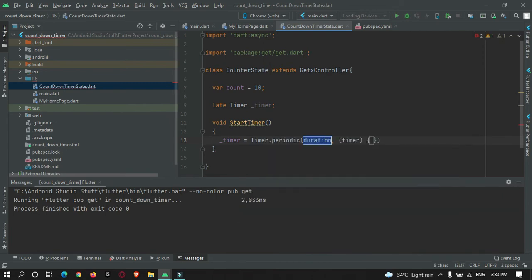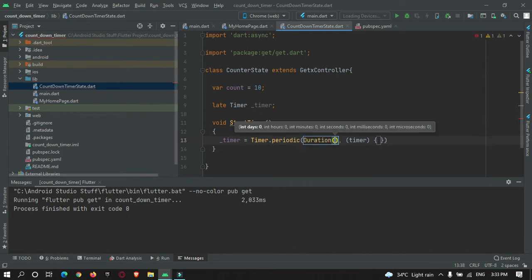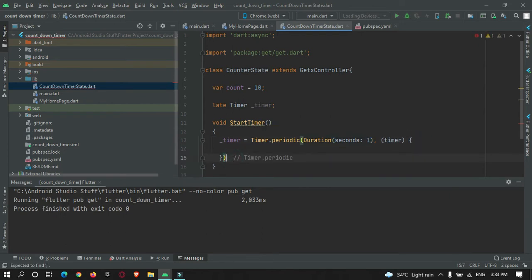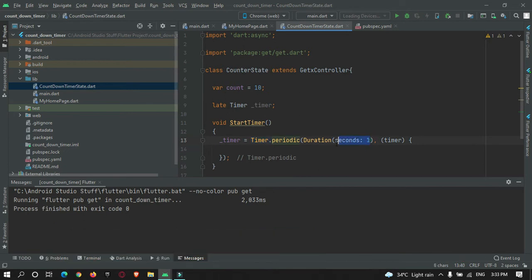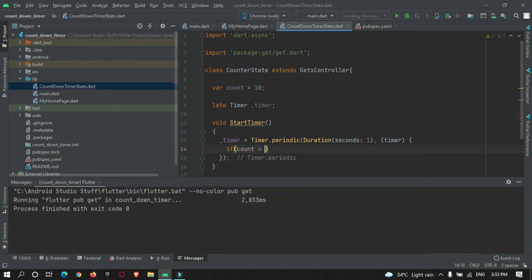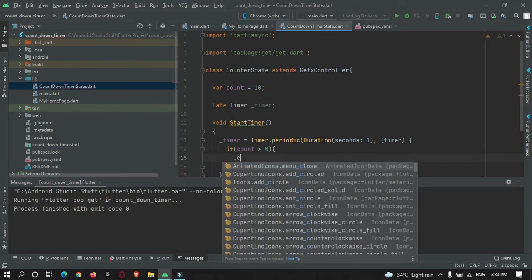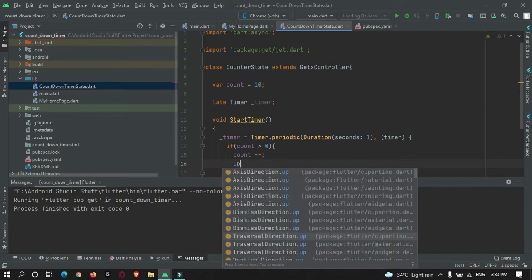Timer.periodic, Duration, seconds equal to 1. What this method will do is the inner block of this timer will run after every 1 second. Here, if the counter is greater than 0, then just decrement the counter by 1 and then update.